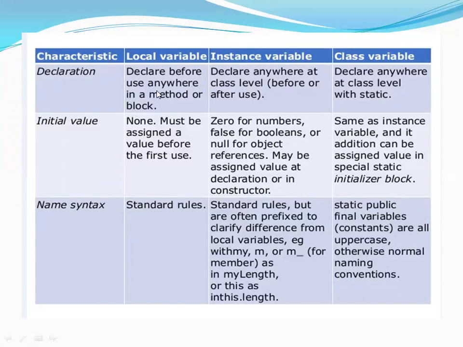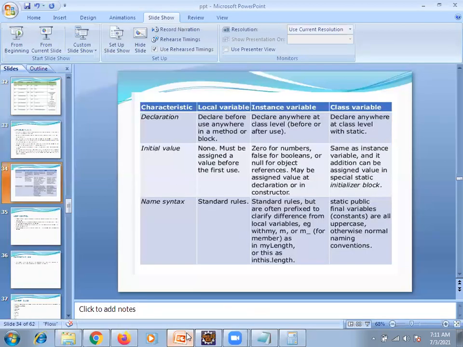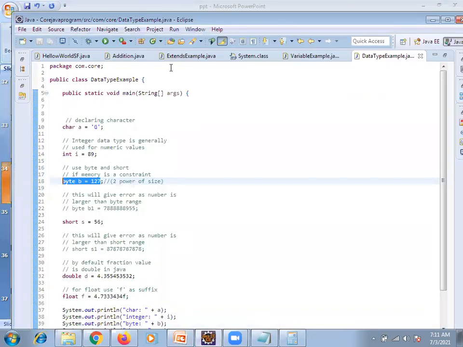Yes, sir. Local variable is inside the method. Instance variable is at the starting of the class. For a static variable, before the variable name, we keep static. This is clear right now? Now, initializing the value means you are defining the variables. For that, we need to create the object, right?